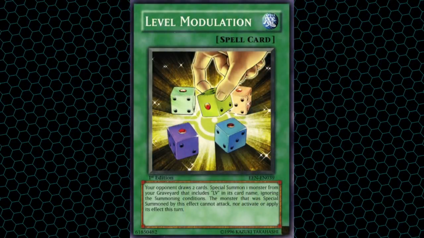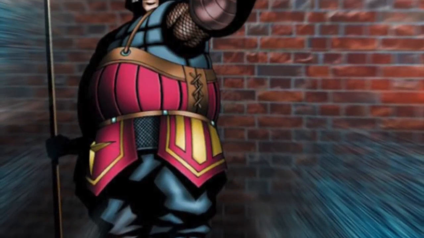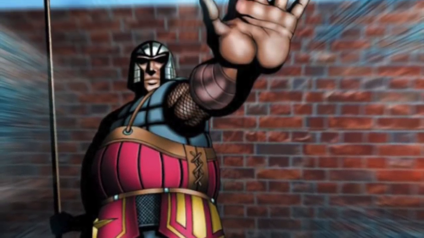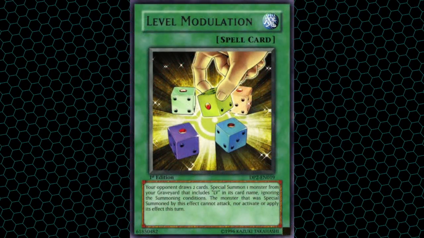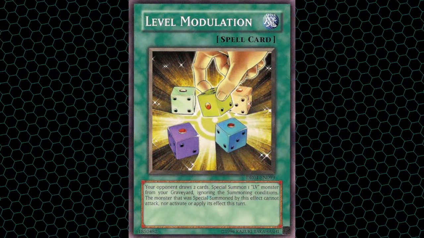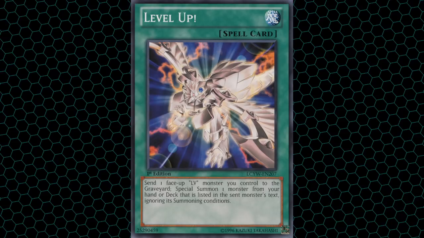Even though the card literally says ignoring the summoning conditions, this does not exempt a player from needing to first properly summon a Nomi monster, because game mechanics. Thus, the card was deemed so terrible that we haven't received another printing or text update to the spell since its last printing in 2007's Dark Revelation 4, despite related support like Level Up getting reprinted in Legendary Collection 3